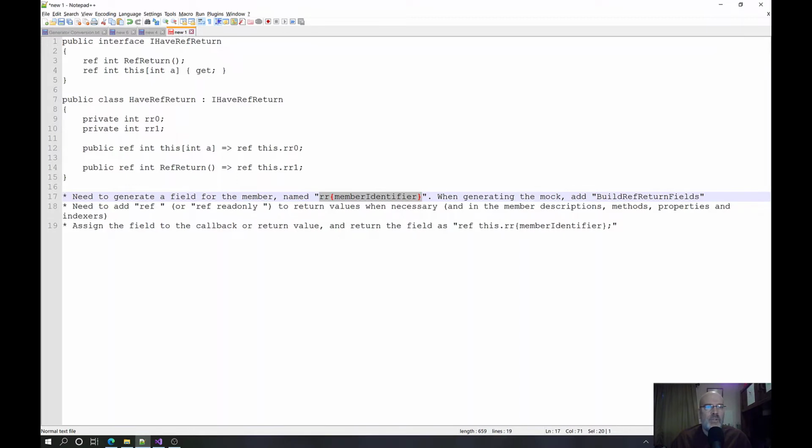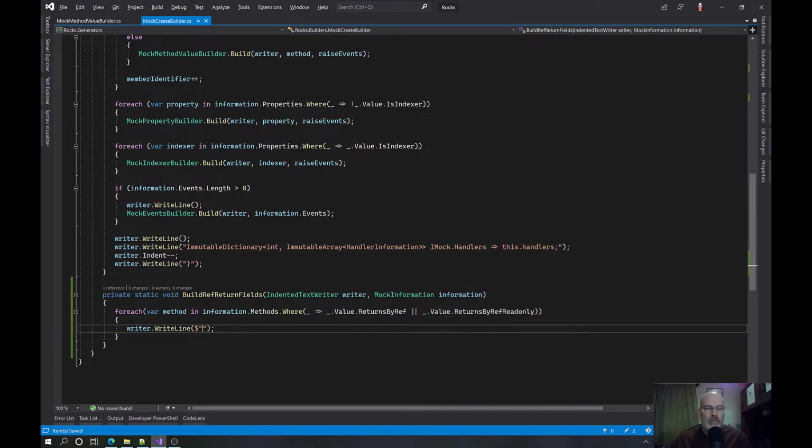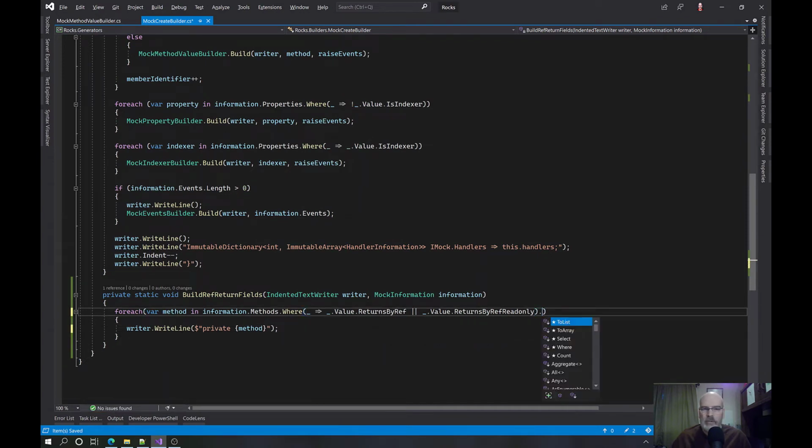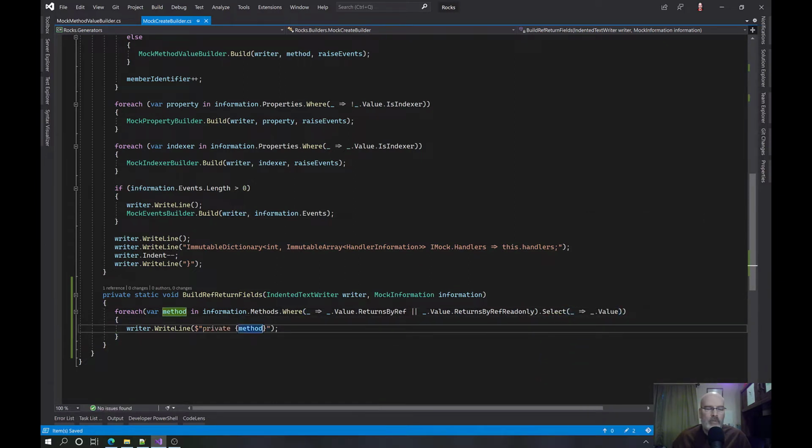All right. So these need to be just private. Then we're going to need to put the type name in of method.return. Method.value. We're only going to need select value. Just get right to it. Method.return type, get name. Okay. And then we're going to say RR